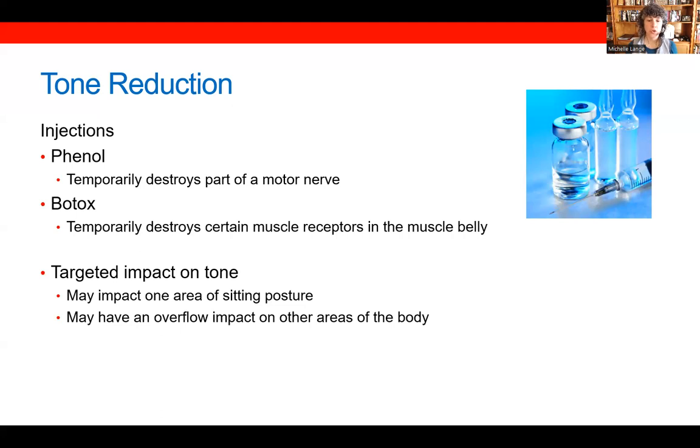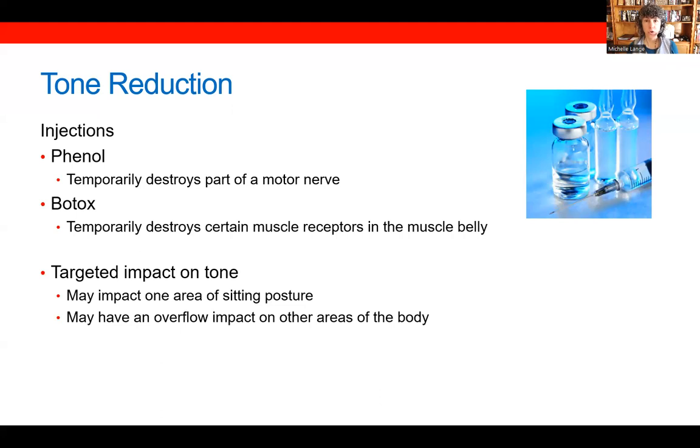Botox temporarily destroys certain muscle receptors in the muscle belly. And so even if there's excitation occurring within the muscle that isn't being calmed by the central nervous system, there's only so many muscle fibers that can be triggered because the muscle receptors have been temporarily damaged. This is temporary. It will regrow. The impact can last differently depending on each person, but is often around 3 months,